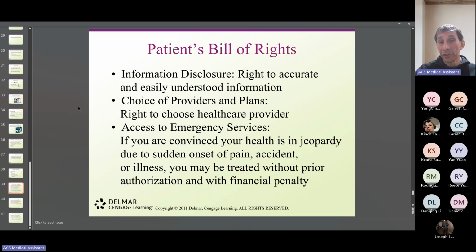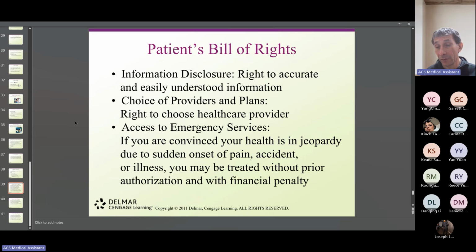Because in an emergency situation, remember, things are unforeseen. So it's a very, very important part of the medical services. So you don't need a prior authorization, you don't need a referral, you don't need anything. You don't even need to have an insurance card, nothing. You just take care of yourself, and later on, we deal with that.